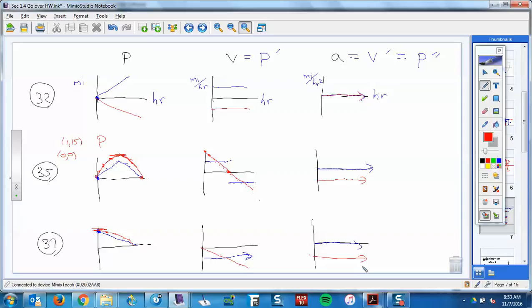Now, it said steadily increasing. So that tells me that this would be a line, right? Because it's steadily getting steeper and steeper. So that means at a constant rate, so then that red one would be a line there. So how come that doesn't have a constant slope, and then the velocity does? Like, how come that is,